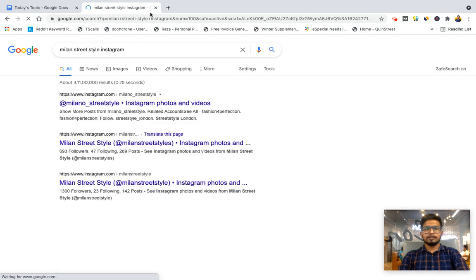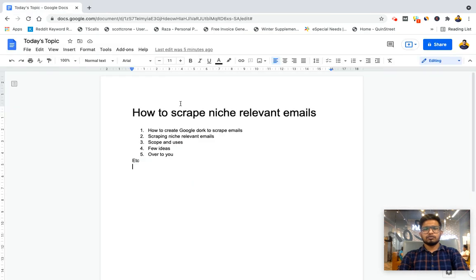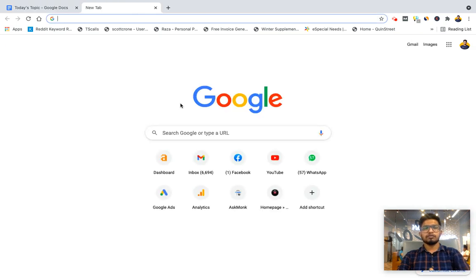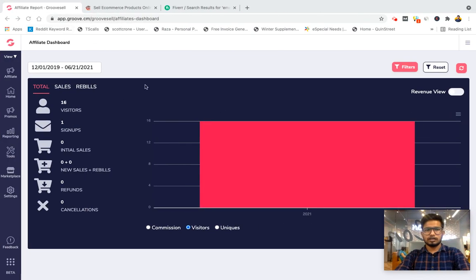Now to monetize it, you can use affiliate programs. You can promote any affiliate programs which provide email data or email templates. I have an example of GrooveFunnel.